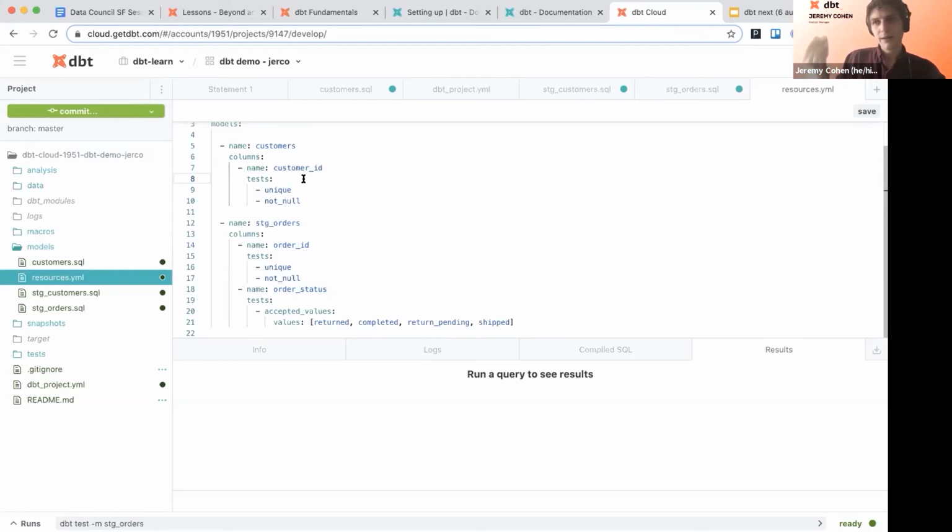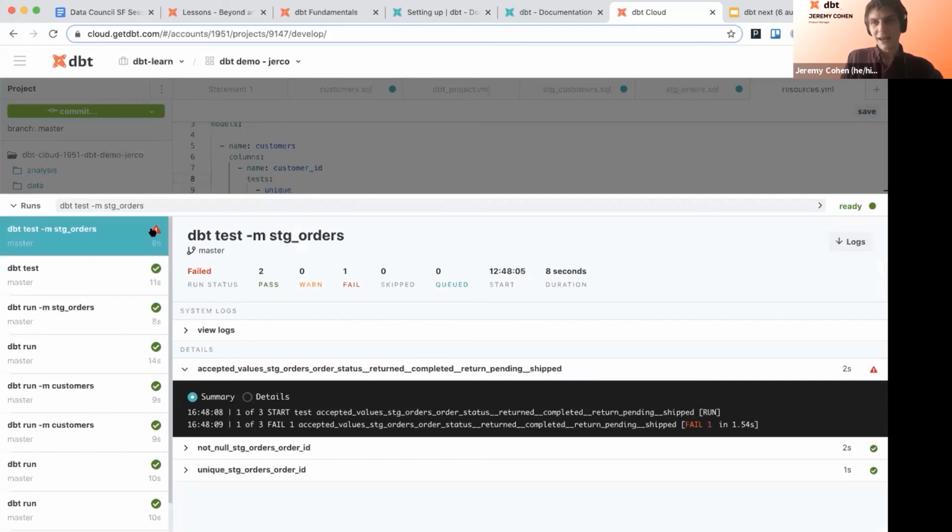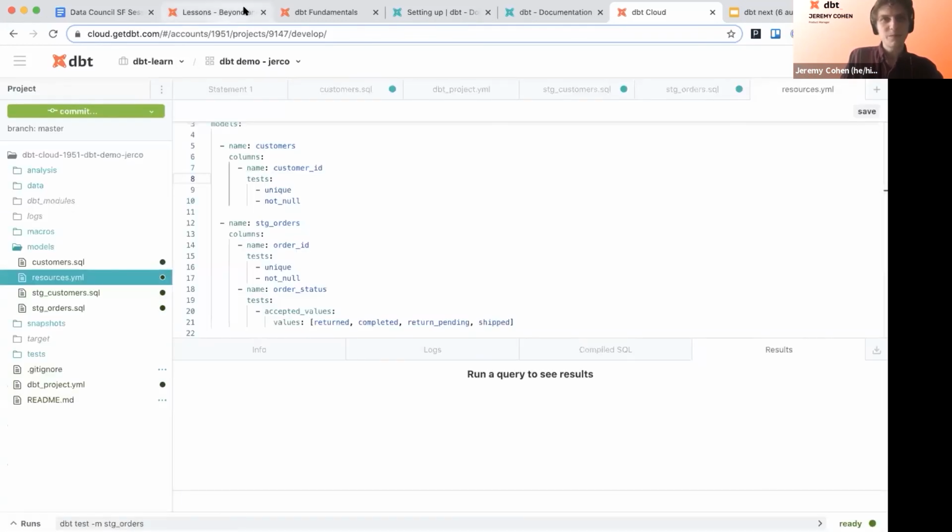Anytime I do that, run all my models, run my tests. Talk a little bit later about smarter ways to go about that. But do both. All green check marks, I feel good about merging my code. Anything red, and we're back to the drawing board.